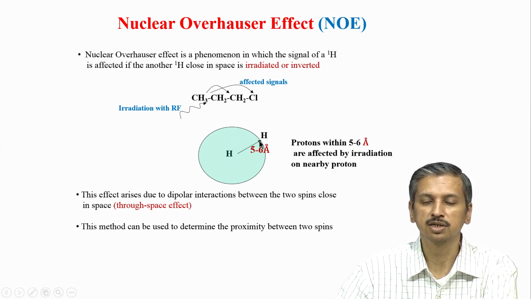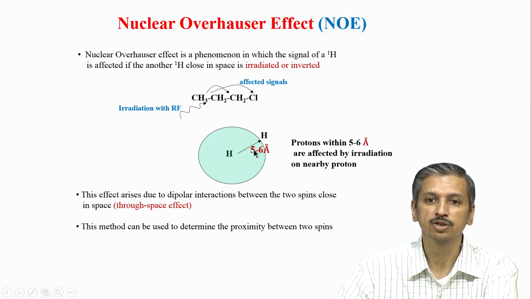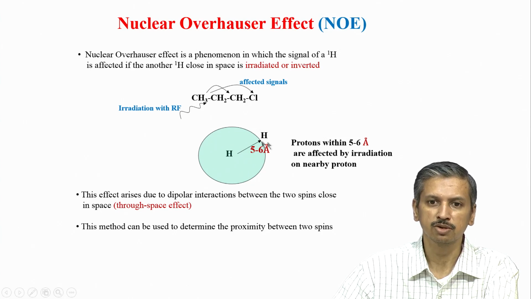I am not getting an exact distance value, but at least I know that they are within this distance range. I can immediately conclude that proton number 1 and proton number 300 are within 5 angstrom, but if you calculate through bond, they may be 300 bonds away or 310 bonds or 5 bonds away, which means they are really very far if you consider through bonds, but very close if you consider them through space. So, this is a very great advantage of a 2D NOESY experiment or NOESY in general.